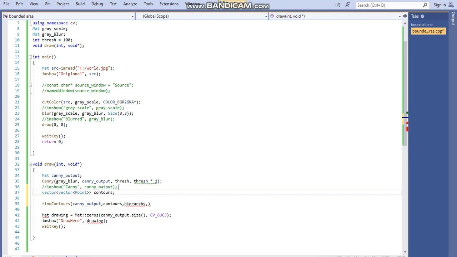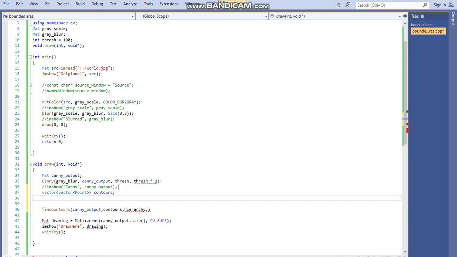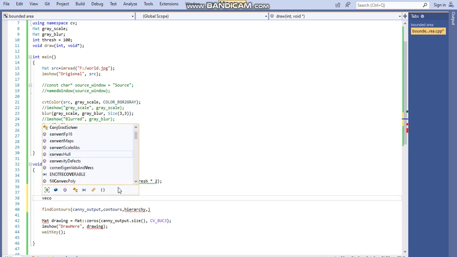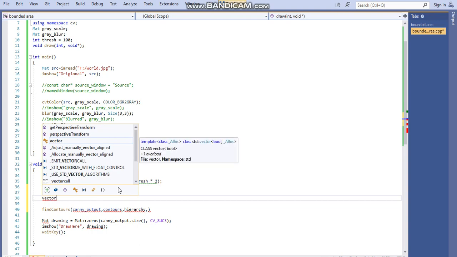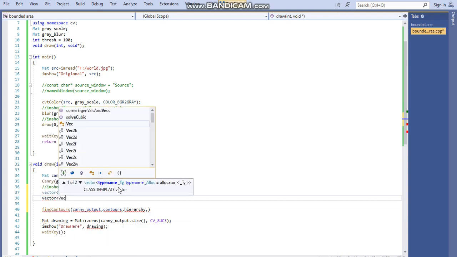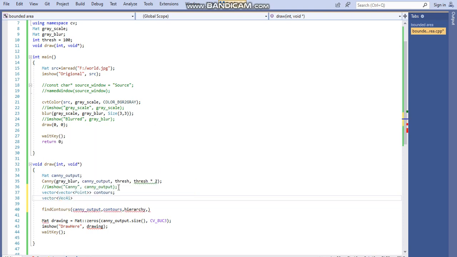Now you can see the red lining below contours has been resolved. Next vector, and then Vec4i, this is the type for hierarchy. Now the red lining of hierarchy has been removed.